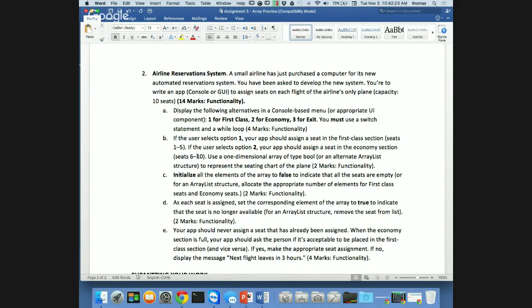How can I tell if the seat is taken? Well, if the seat has false in it, that means it's not available. Or you can do it the other way around. You can say everything is false, starting off as a default, and if the seat is taken, it'll be true, right? And that's why this is saying here, we initialize our array, or the elements array, to false to indicate that all seats are empty,